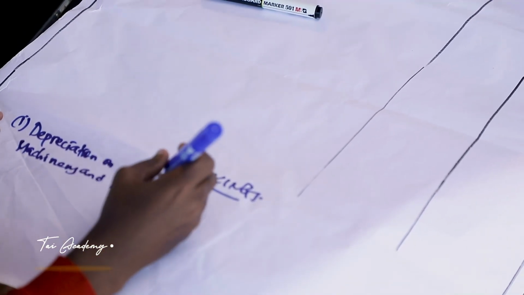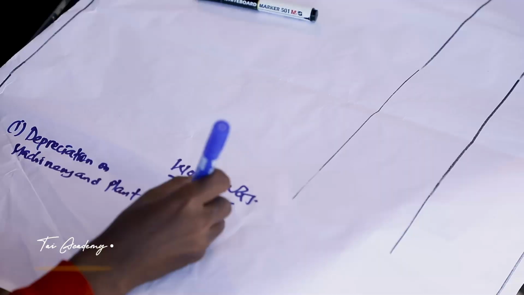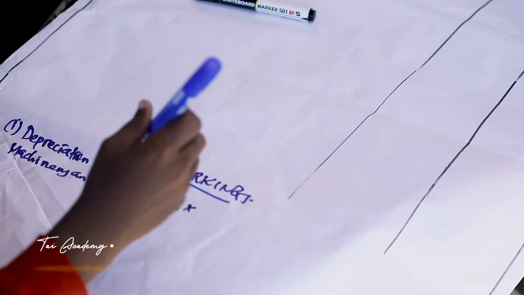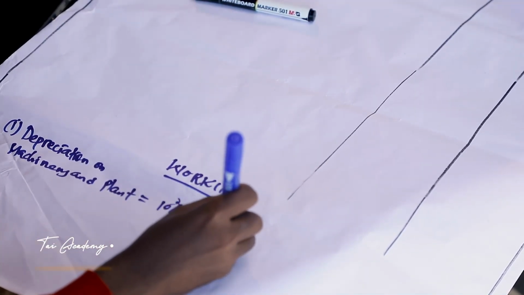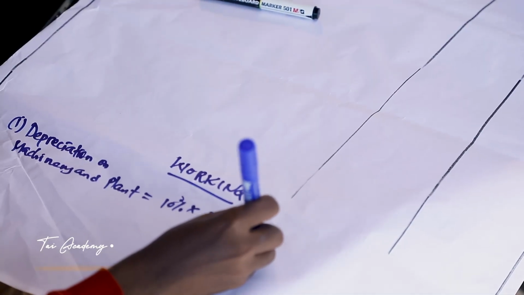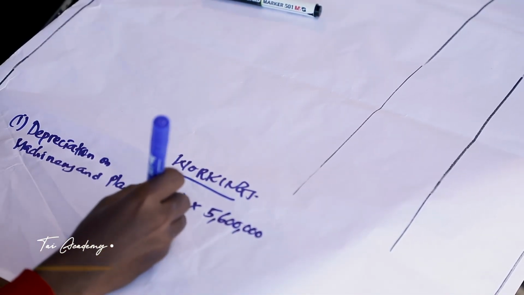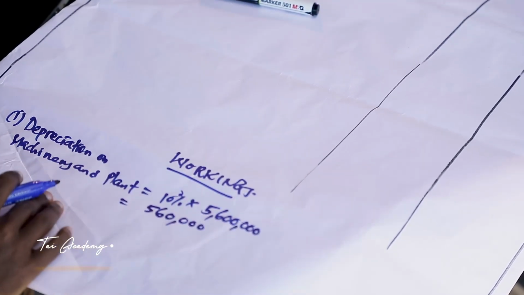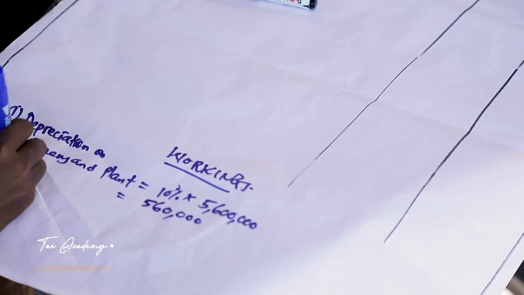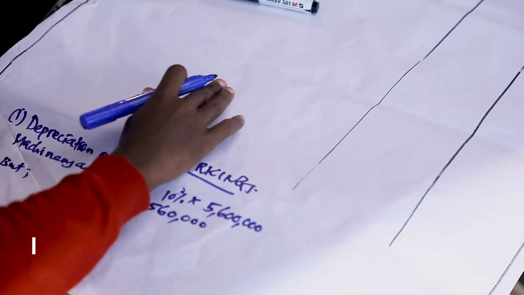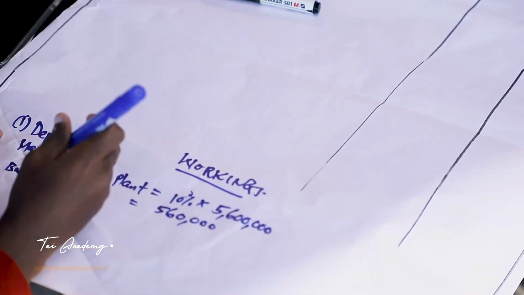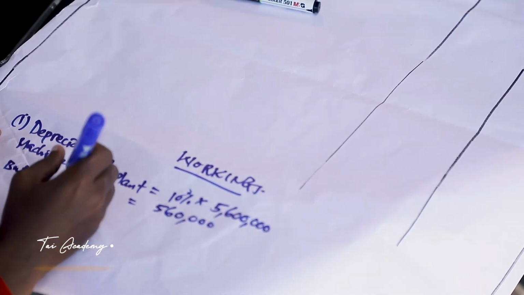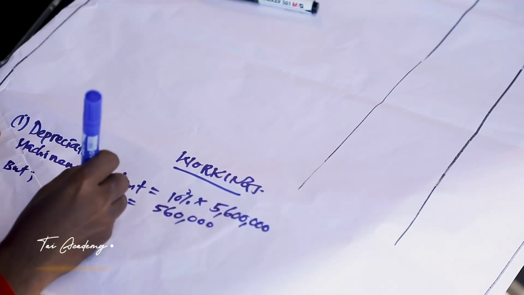Ambayo itakuwa 10% on cost, ambayo cost iliyopo ni 5,600,000. So hapo tutabaki na 560,000. But kutakuwa kuna increase in provision. Kwa hiyo utakuja hapo utatafuta provision for depreciation,